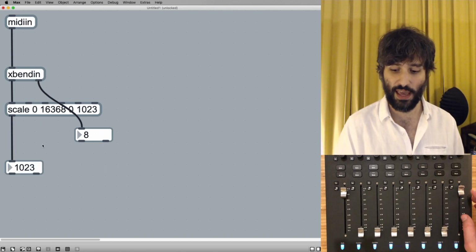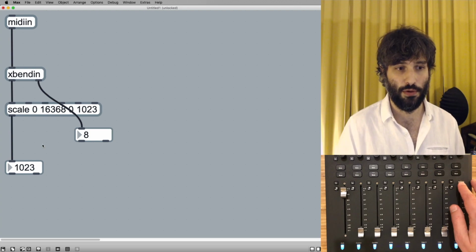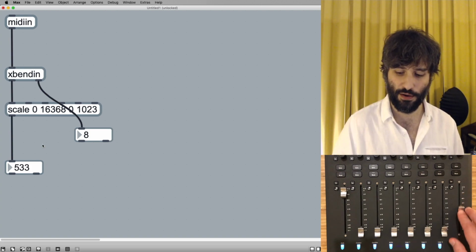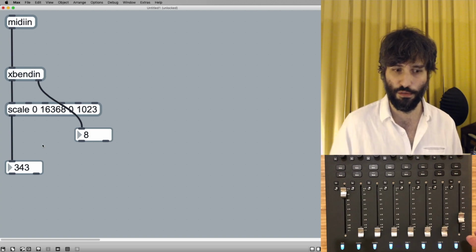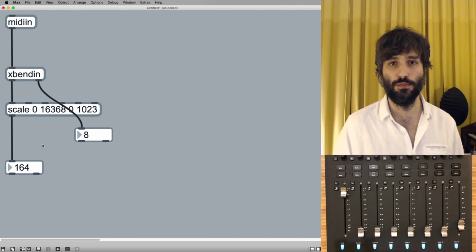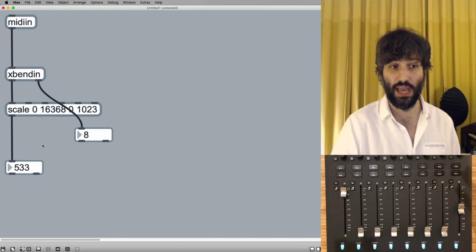So now that I've scaled it, it goes from 0 to 1023. If I move it very slowly, which is not easy again, it jumps one, sometimes two values at a time. Depends on the fader and depends on the point, the position in the throw of the fader. It doesn't bother me. If it does, you can smooth it with a line object or scale it down further